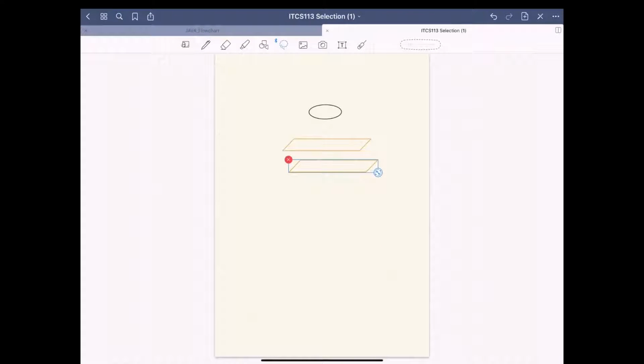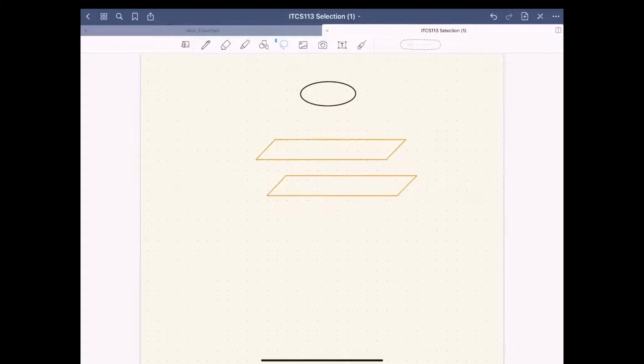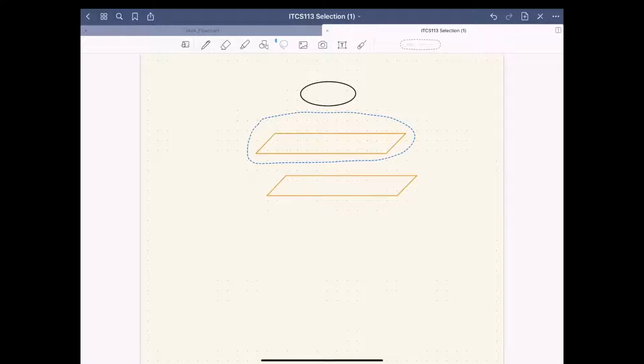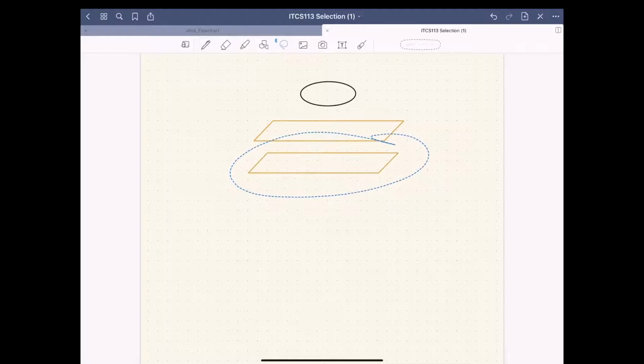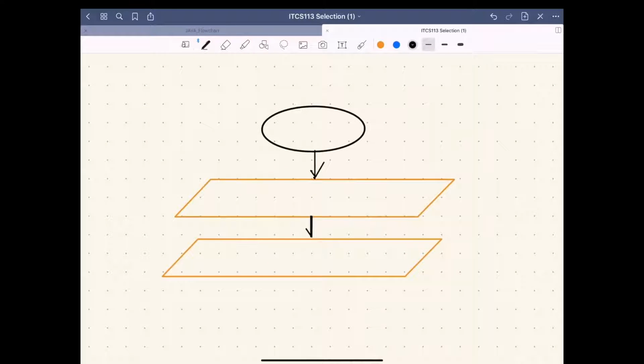So we will align them all, take them all up so that we leave more space below, and move the other one, and draw arrow between them, and inside the start box we write start,